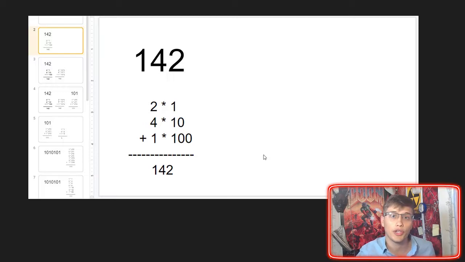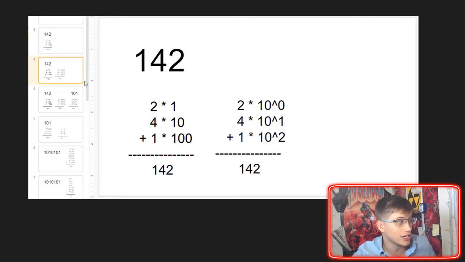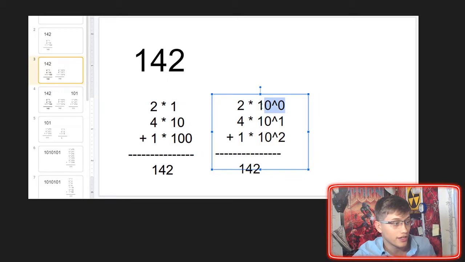And so when we go into binary numbers or hexadecimal numbers, what we're realizing is that this ones column, the tens column, and the hundreds column actually corresponds to powers. Okay, so this is an exponent symbol I have here represented by the caret. And what I'm showing here is that you can represent each one of these rows with basically a multiplication problem, but instead of the 1, you're replacing it with 10 to the 0, or 10 to the 1, or 10